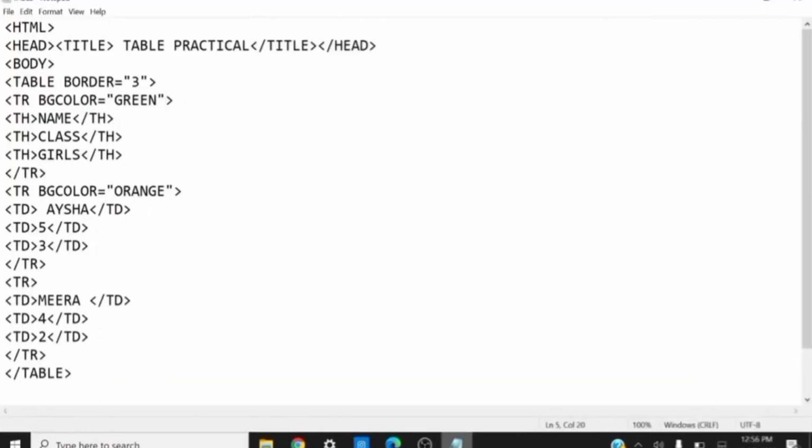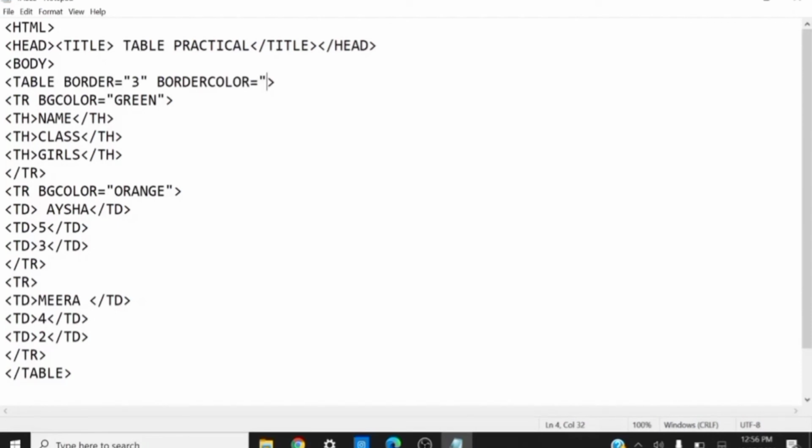The next thing that we can add to our table is the table border color. If we want to change the color of our table border, we just have to write BORDERCOLOR, use the equals to sign, and write down the name of your color.